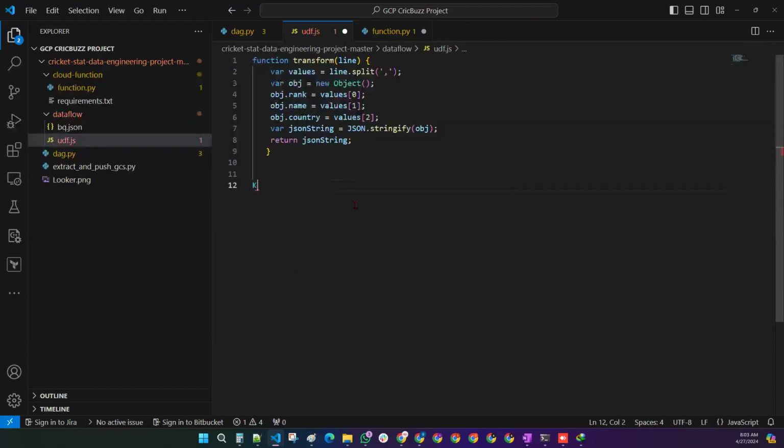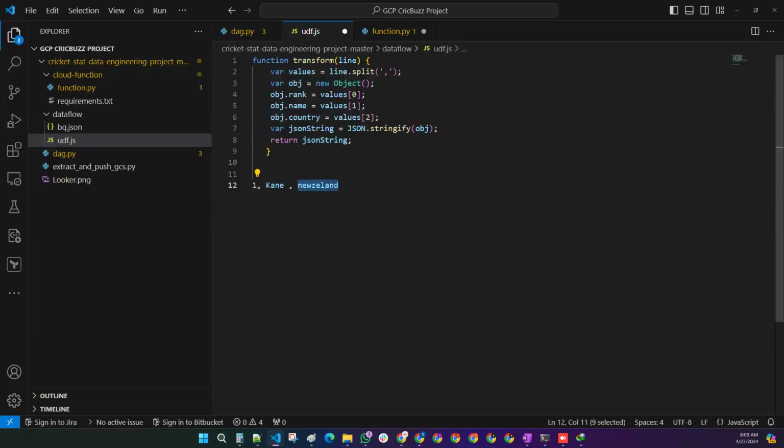What is happening here? Kane Williams, and you have here, okay, first the rank is 1, Kane Williams, and the country is from New Zealand. So this is how it is. What you are doing, so this is your line. You're going to split the data based on the comma. When you split the data based on comma, this becomes one object, this becomes one object, this becomes